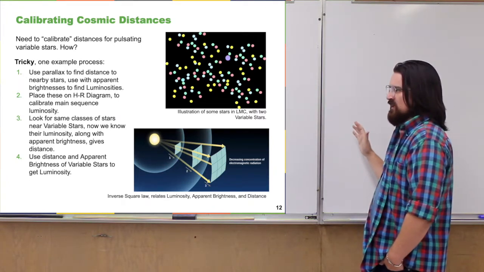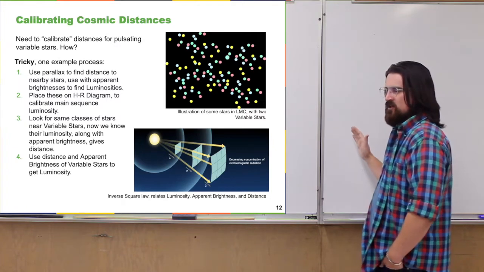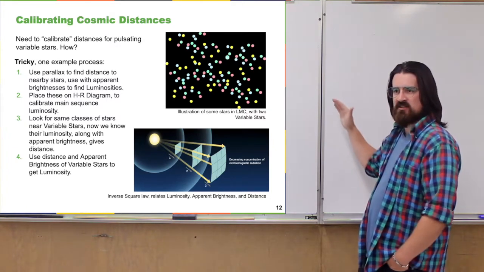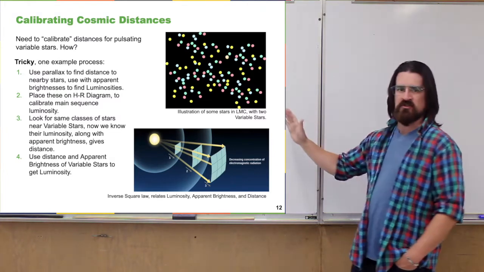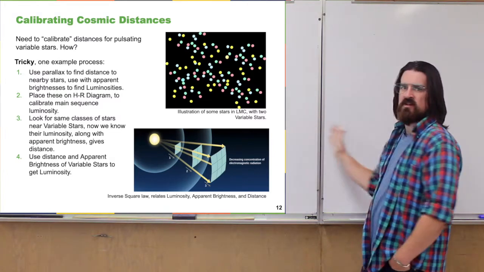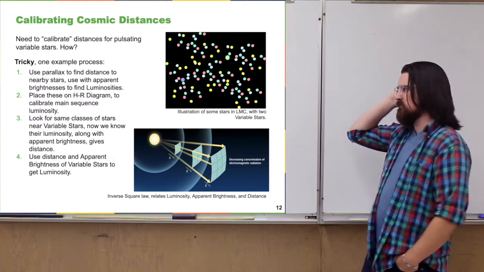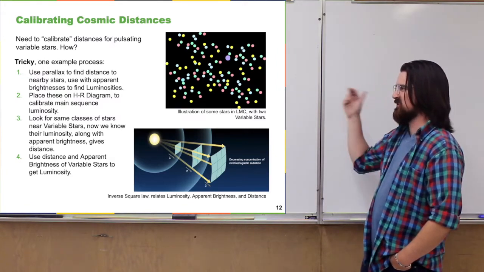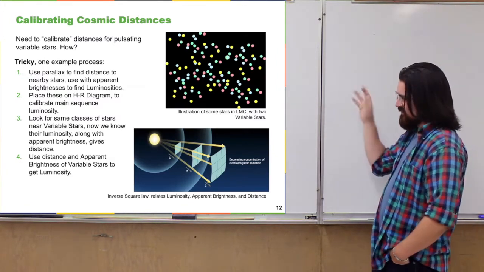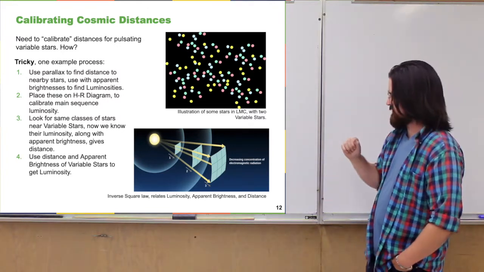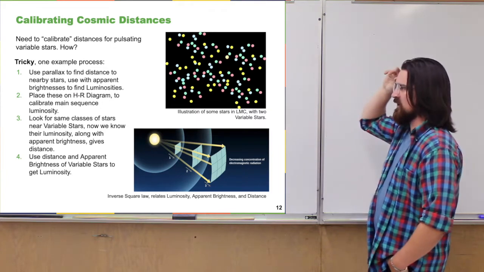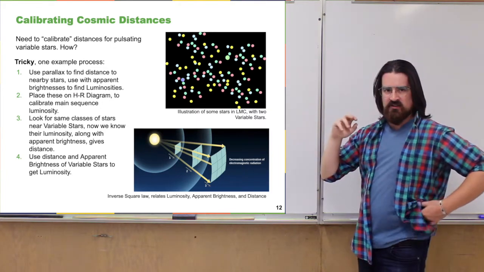Then we're able to sort of figure out the actual luminosities of stars based on their temperature. Right? Another way to say that is their spectral class. Sort of realizing that buried in here is another calibration, which is the HR diagram. And we're going to come back to that, I think, in just a slide or two. But anyway, assuming we do that so that we can relate the star's